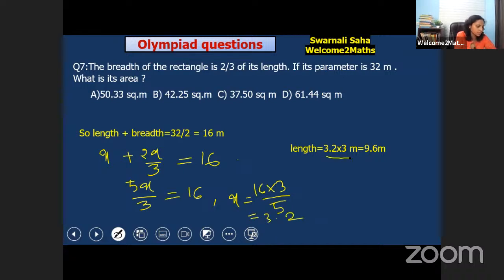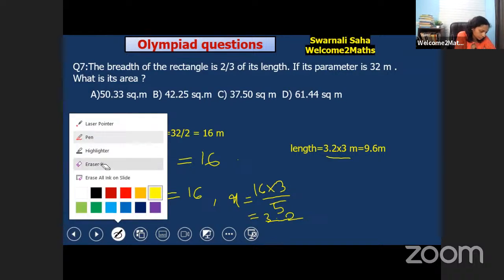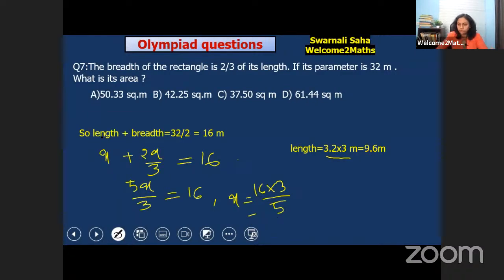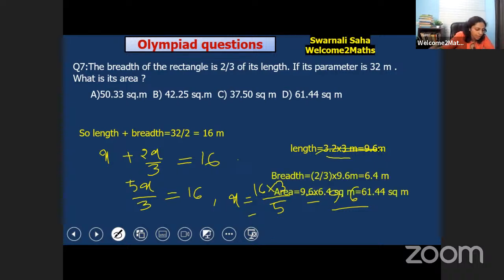So length is yes, yes. You can ask me any doubts. It's 9.6. Now area would be